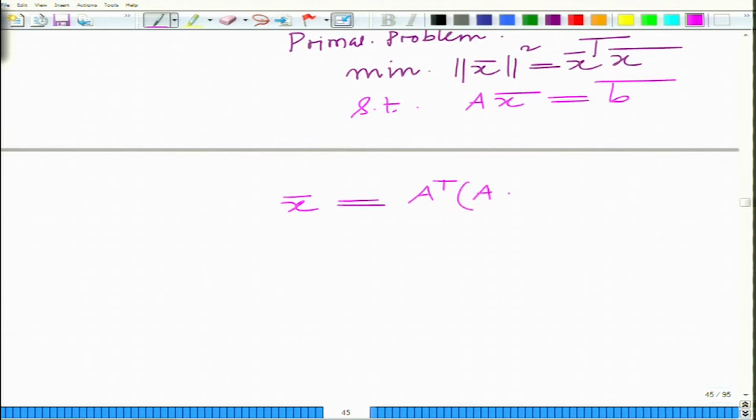We know from the previous modules that the optimal solution for the minimum norm problem is A transpose (A A transpose) inverse into b bar,